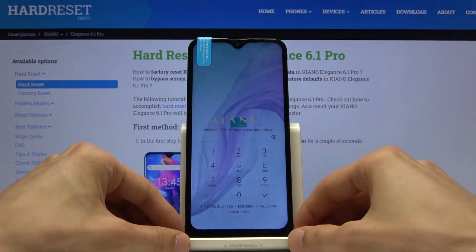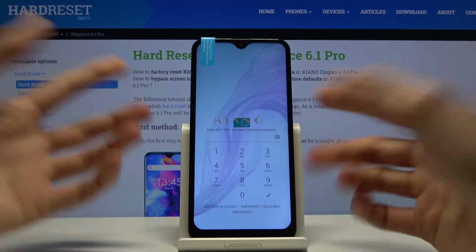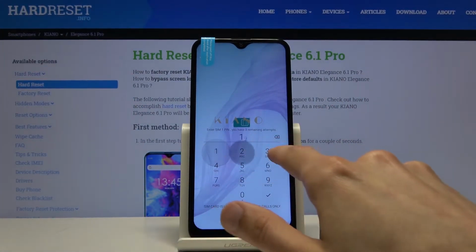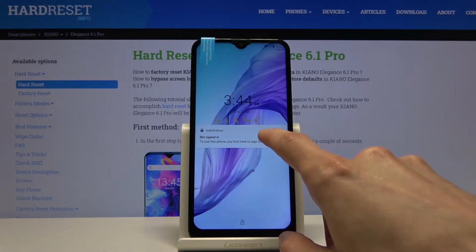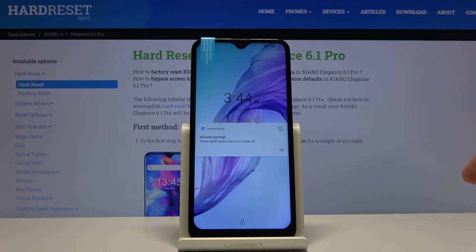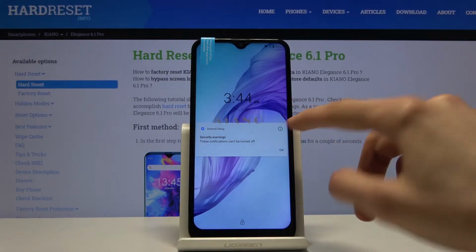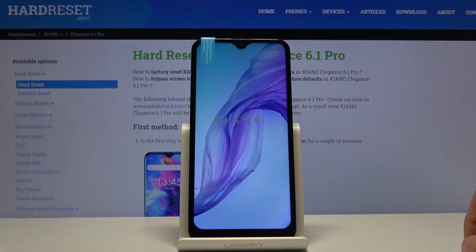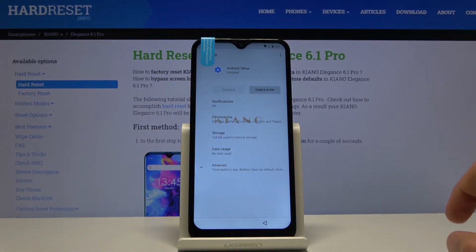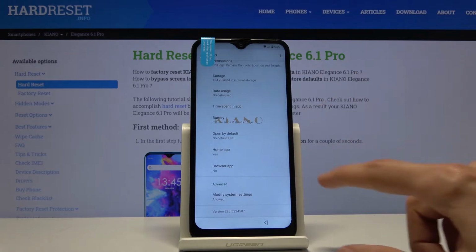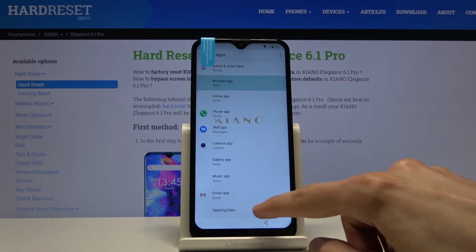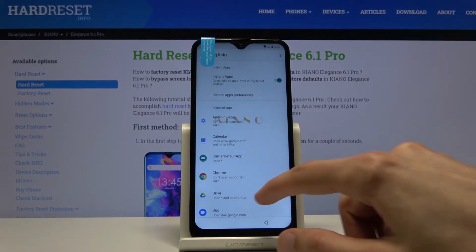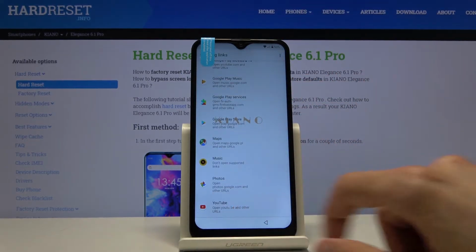Once you insert the SIM card, it will ask for the pattern or the pin for it. So let's insert it, confirm it, and we'll lock the device. From here, hold notification and go to information, which is this eye icon. Then we want to go to advanced, scroll down to browser apps, scroll to opening links, again scroll all the way down to YouTube,